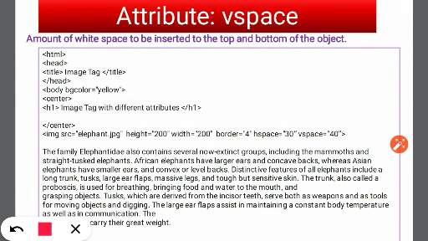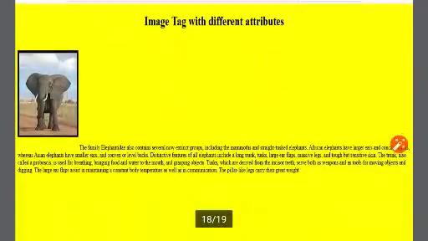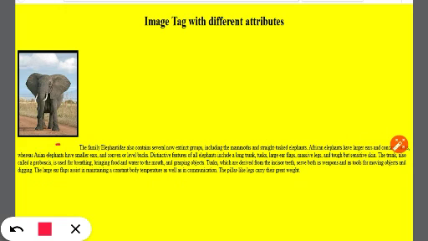Suppose I want vertical space, that is the space on the top and the bottom of that image. So when we have inserted vspace equal to 40, now you can see the difference. A space has been inserted over here and over here, since we have used both together, hspace and vspace. I hope this is clear to you all.